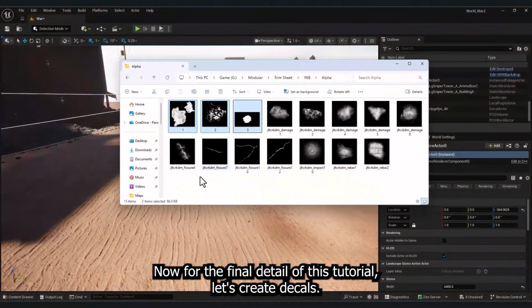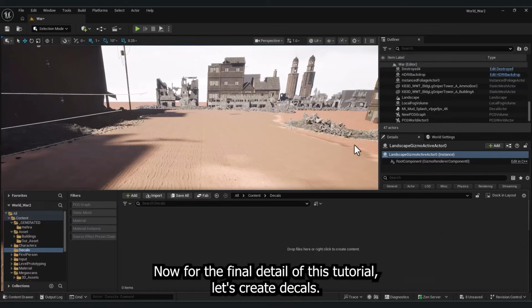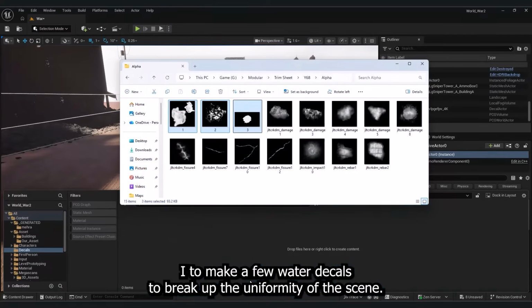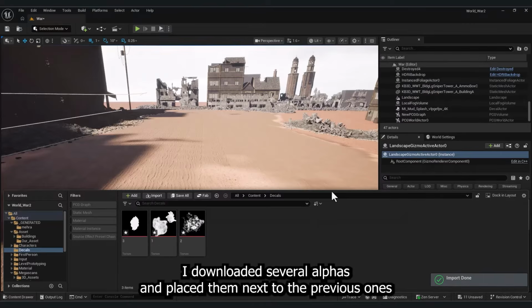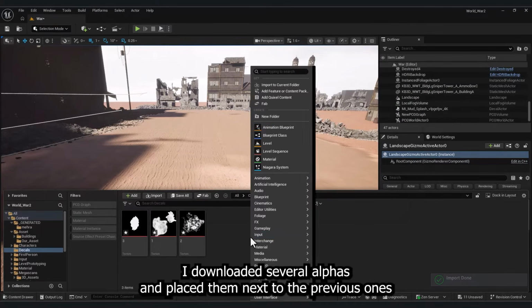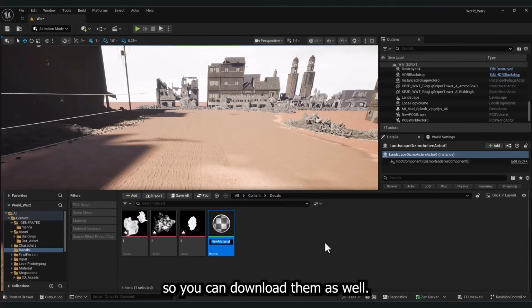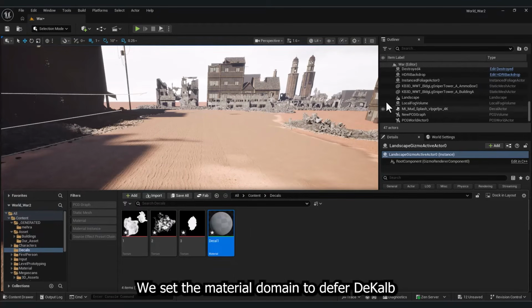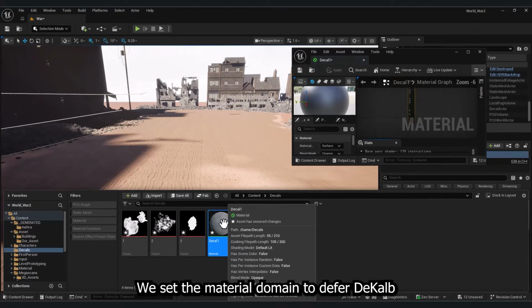Now, for the final detail of this tutorial, let's create decals. I want to make a few water decals to break up the uniformity of the scene. I downloaded several alphas and placed them next to the previous ones so you can download them as well. We create a material and add our alpha. We set the material domain to deferred decal,